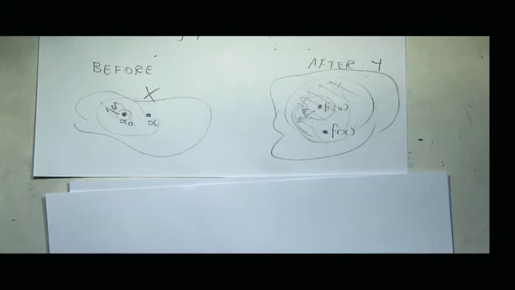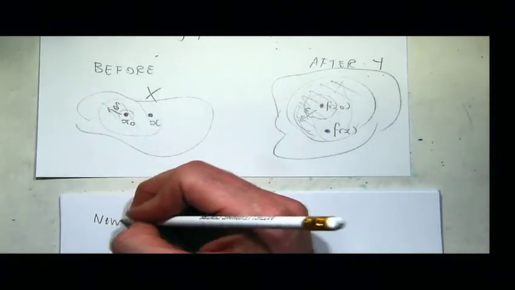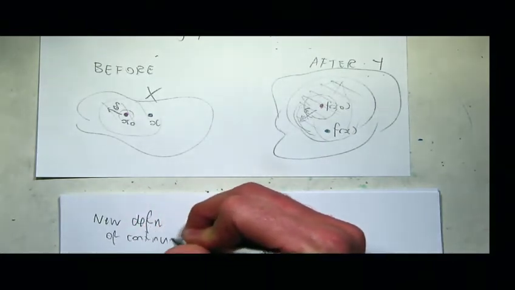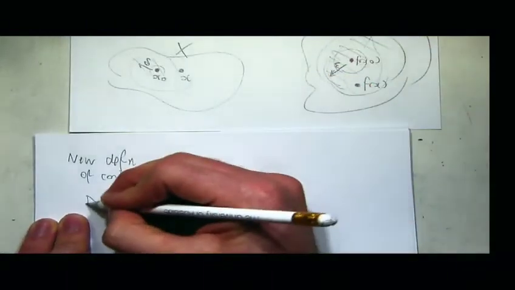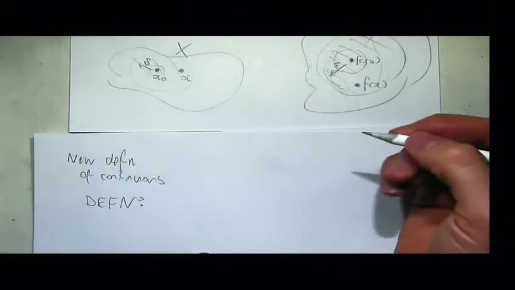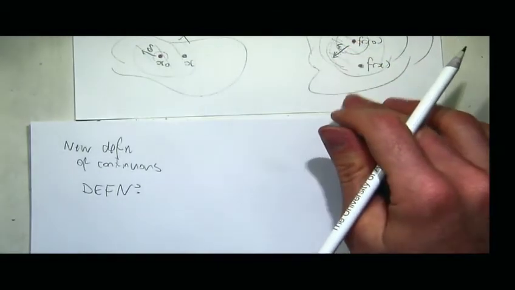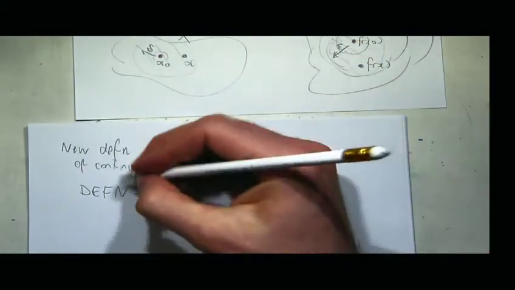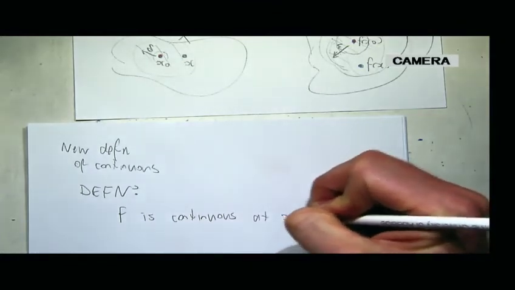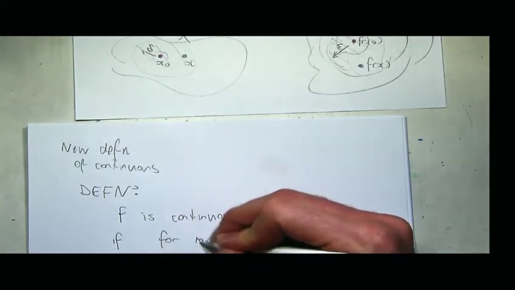Right. So there is an alternative definition of continuity. So a new definition. So there's an alternative definition of continuous on the next page, which says f is continuous at x naught if for any